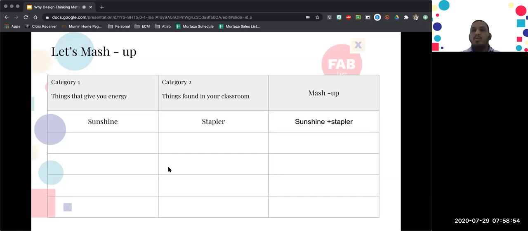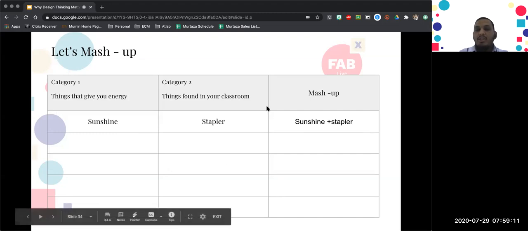Now I was in room number 2, which talks about team meetings. So how would I come up with a solution to inspire team meetings to be more fun and engaging with something to do with sunshine and stapler? Okay, so that's there. Now I want each of you to put in the chat box